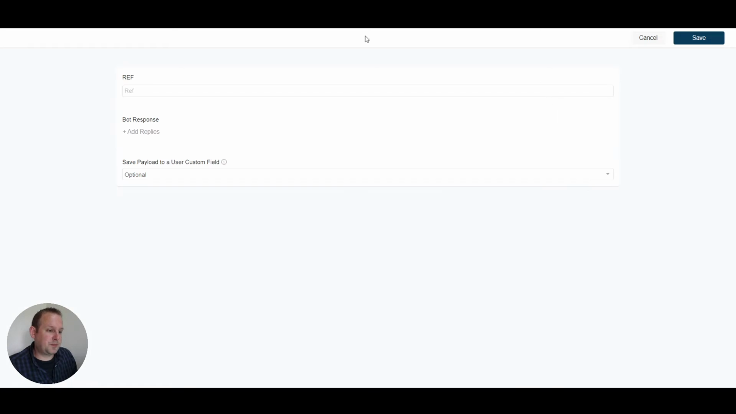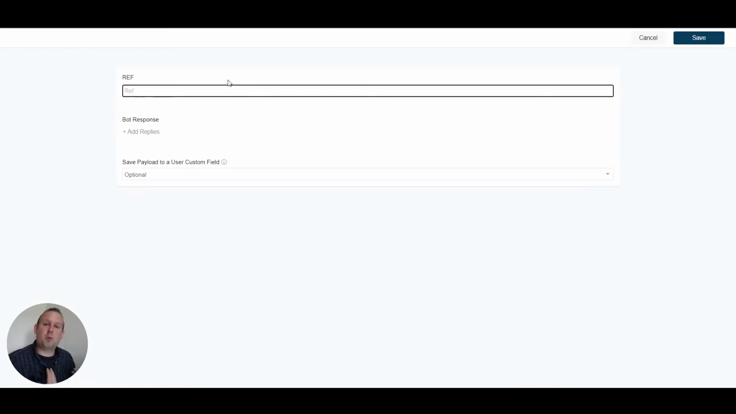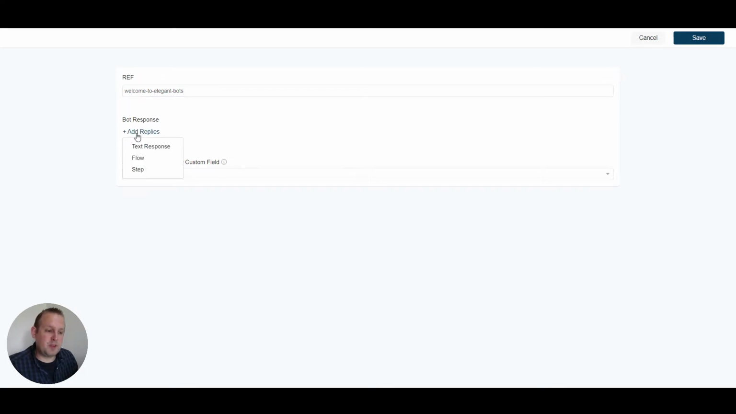We already set up a few examples, but let me add a new ref by pressing this button. If we do this, we can create a ref parameter, and that means that the last part of the ref URL will contain this parameter. So for example, welcome to Elegant Bots. And we can add a bot response. So for example, if I want to answer with a text only, that's also possible. I can answer with a flow, or I can answer with a step. For this video, I will just cover the flow section,